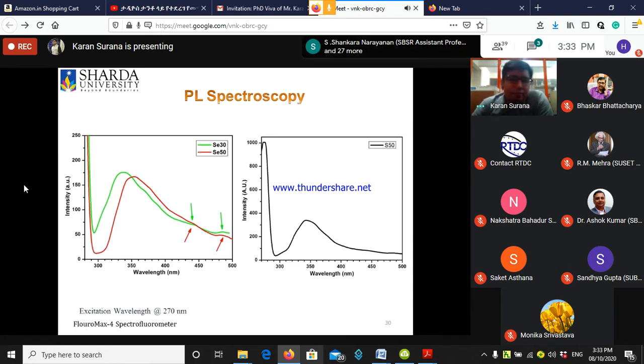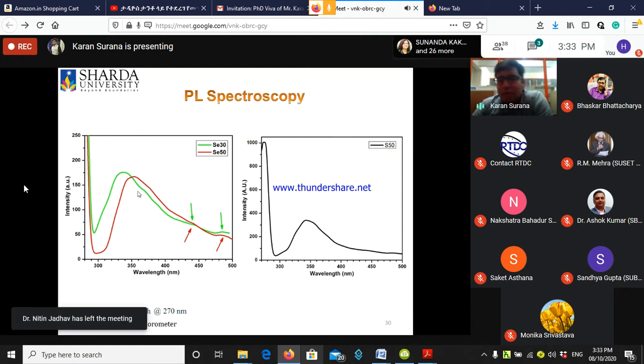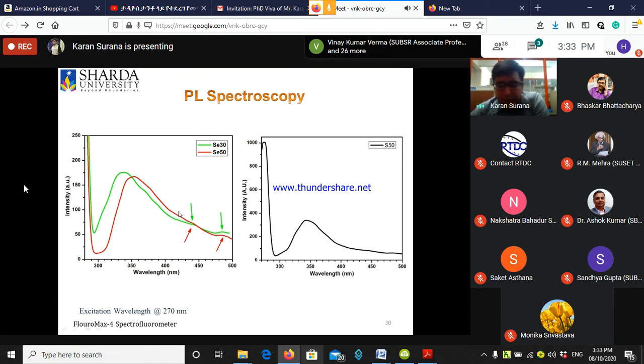Next, this is for the mixed solvent CdSe quantum dots. The first emission is occurring somewhere in the UV region, but we were not able to obtain that, and a second wide emission peak is obtained with some uprising here also. Because of the wide emission peaks, it suggests that there is a wide distribution in the particle size and there could be non-uniformity present in the particles.